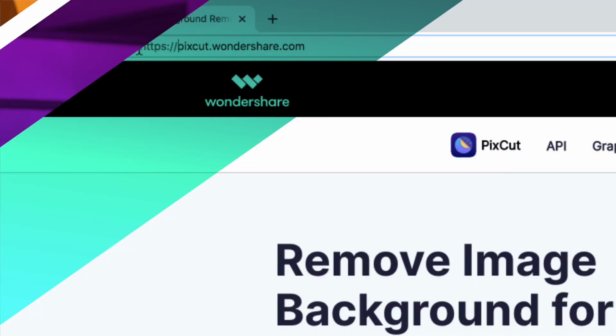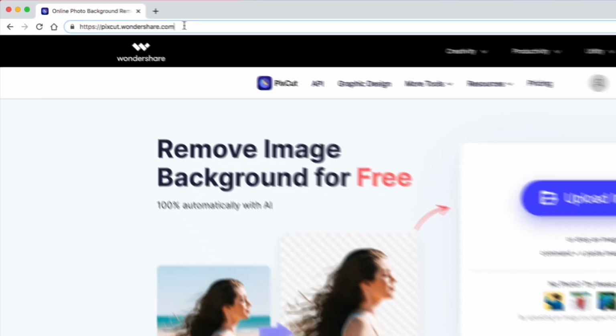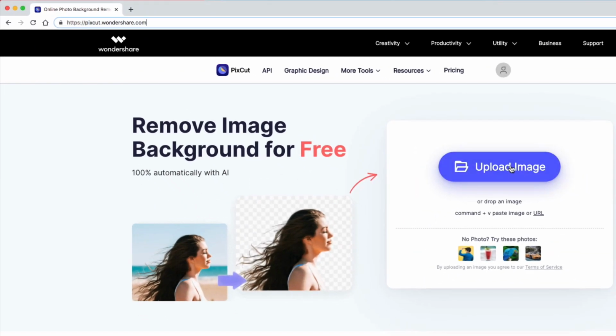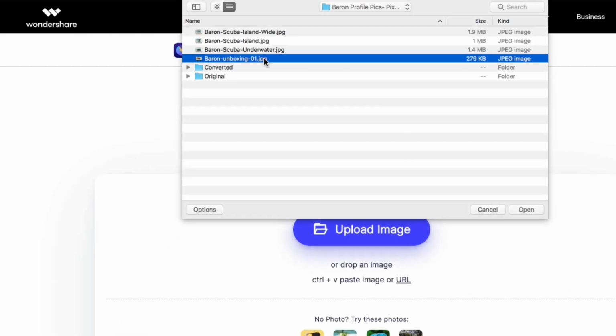I've got a bonus tip for you. How to remove your background and create an attractive YouTube thumbnail. Enter PixCut. This is an amazing program. It's free and it works in your browser. That means PixCut will work on your mobile devices too. Head over to PixCut. The link is in the description below. And upload a picture of yourself.